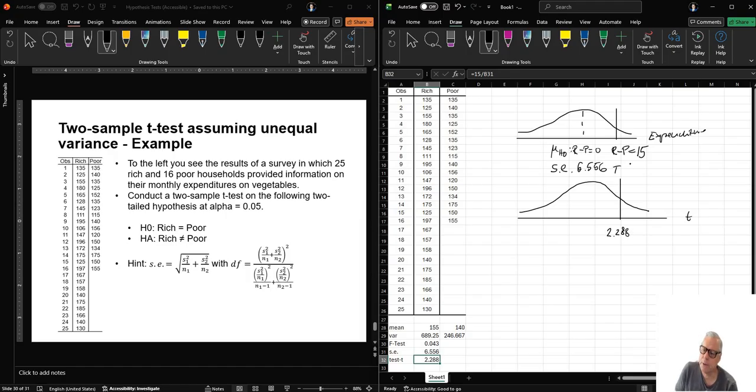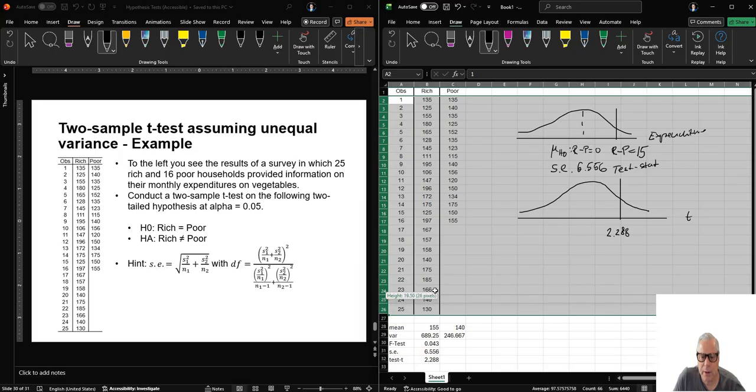And that is our test statistic. Well, what we need to know is what is the critical T. And in order to know the critical T, what we need to do is